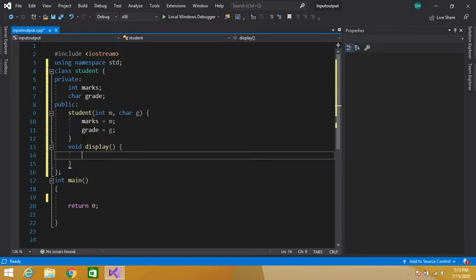So here we'll display the marks of student is marks.